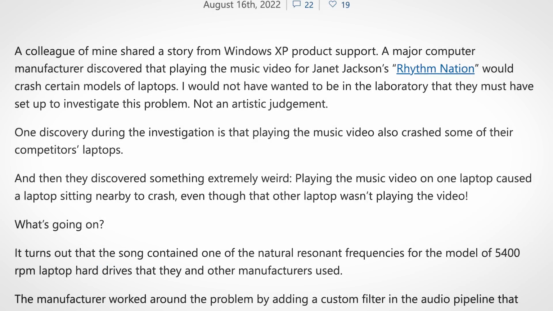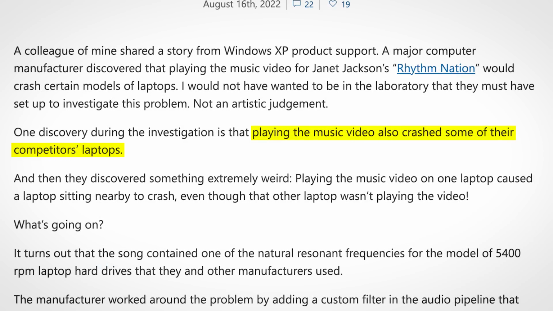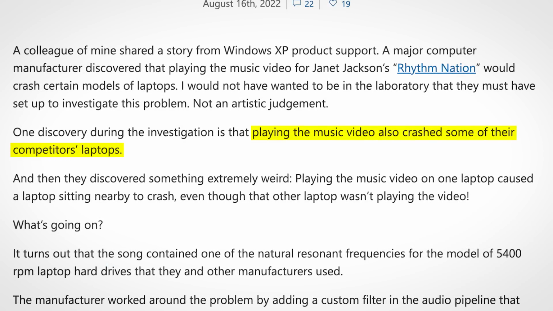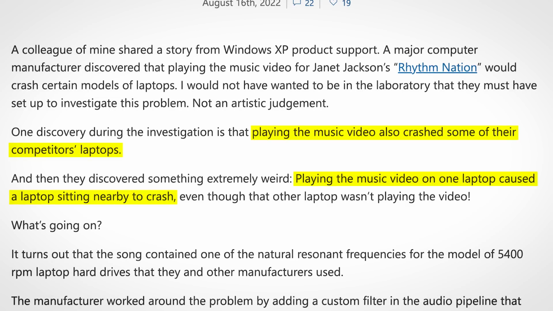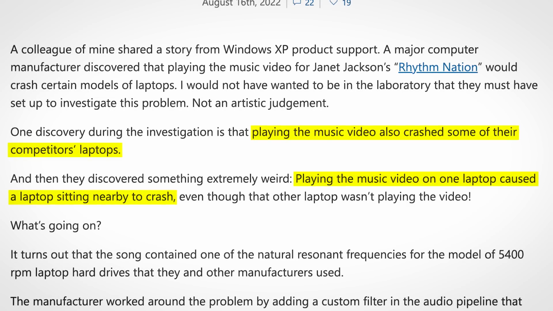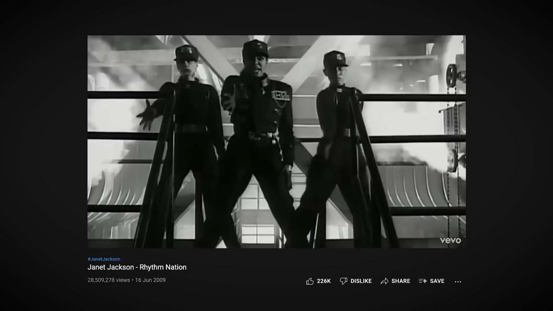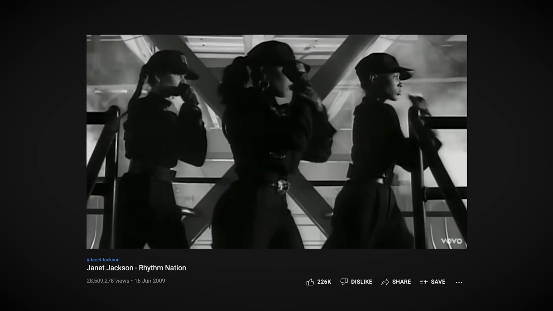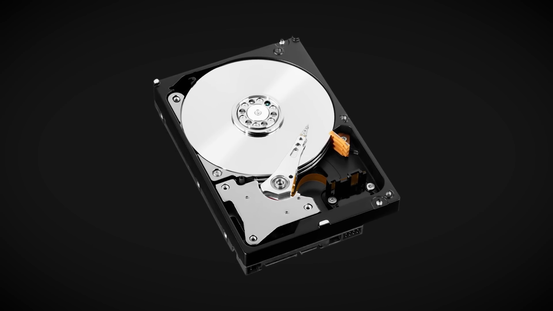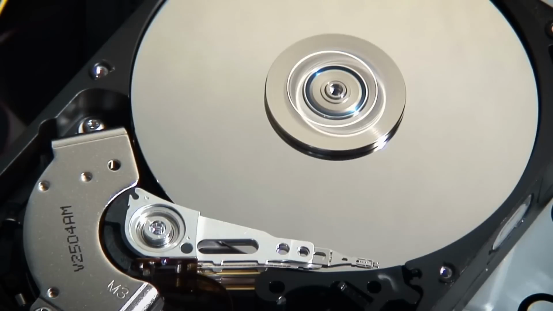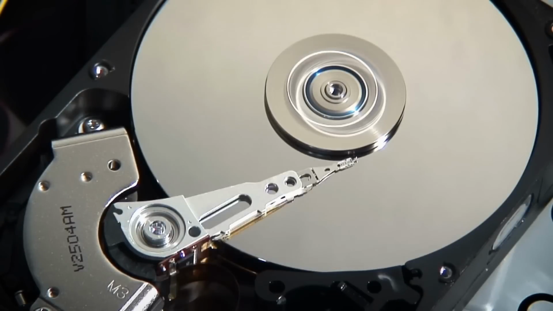An investigation which found that playing the music video also crashed some of their competitors' laptops, and even playing the music video on one laptop caused a laptop sitting nearby to crash. Eventually, the source of the problem was found. It turns out that this particular song contains one of the resonant frequencies for the model of 5400 RPM hard drive used in the laptop. When exposed to this particular frequency, the vibrations within the hard drive were so great that it just couldn't function